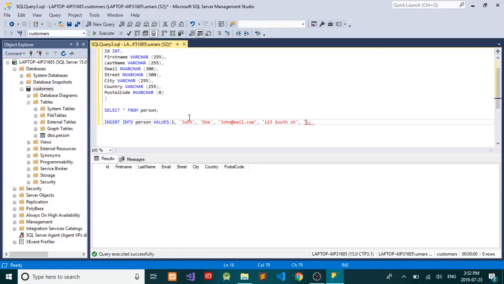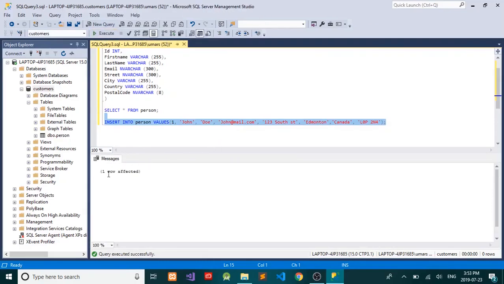City could be Edmonton, and the country could be Canada, and the postal code could be super random, like L0P 2A4. And to insert this into this table here, I'm just going to highlight, hit execute,